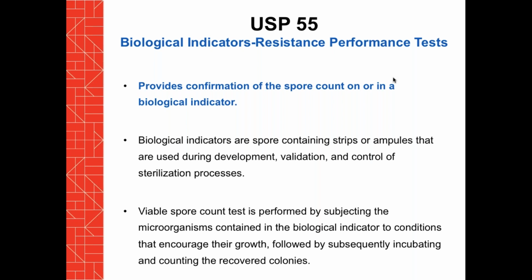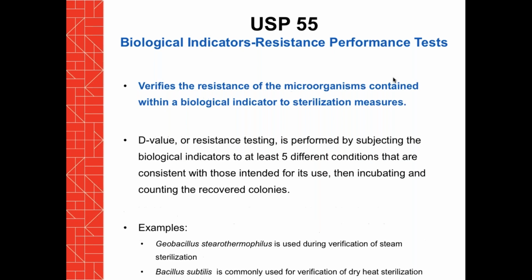USP 55 gives us the testing information that is required for biological indicators that are used during the sterilization process, in addition to other tools such as data loggers or temperature probes. Biological indicators are used routinely as a verification of adequate sterilization processes. As an example, the bacteria Geobacillus stearothermophilus is used during verification of a steam sterilization, or Bacillus subtilis is commonly used for verification of dry heat